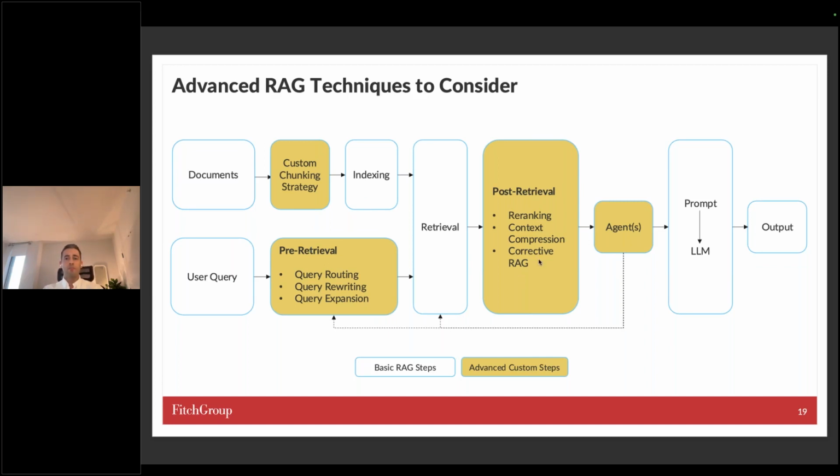And then one important step, and I'm going to demo this very briefly later, is agents. You can have an agent step to check how relevant is the answer to the question that the user asked, or do I have all of the information that I need to answer what the user asked? If the answer is yes, you serve the response to the user. If the answer is no, you can go back to any of these previous steps and gather more information.